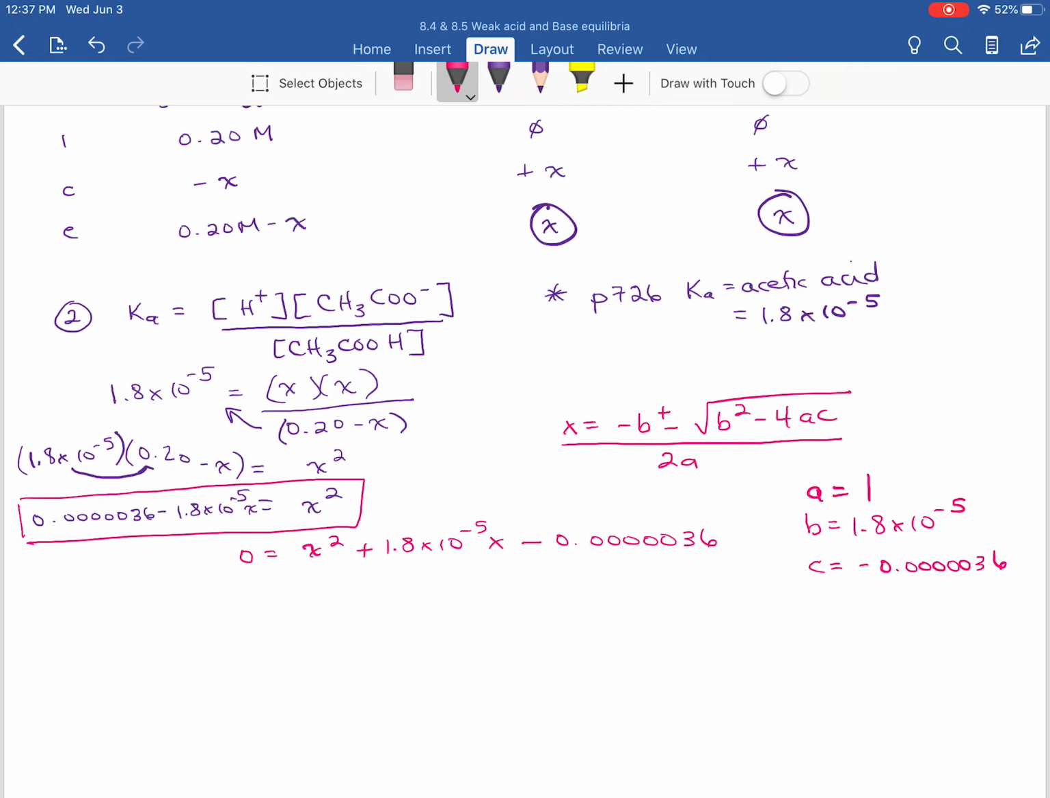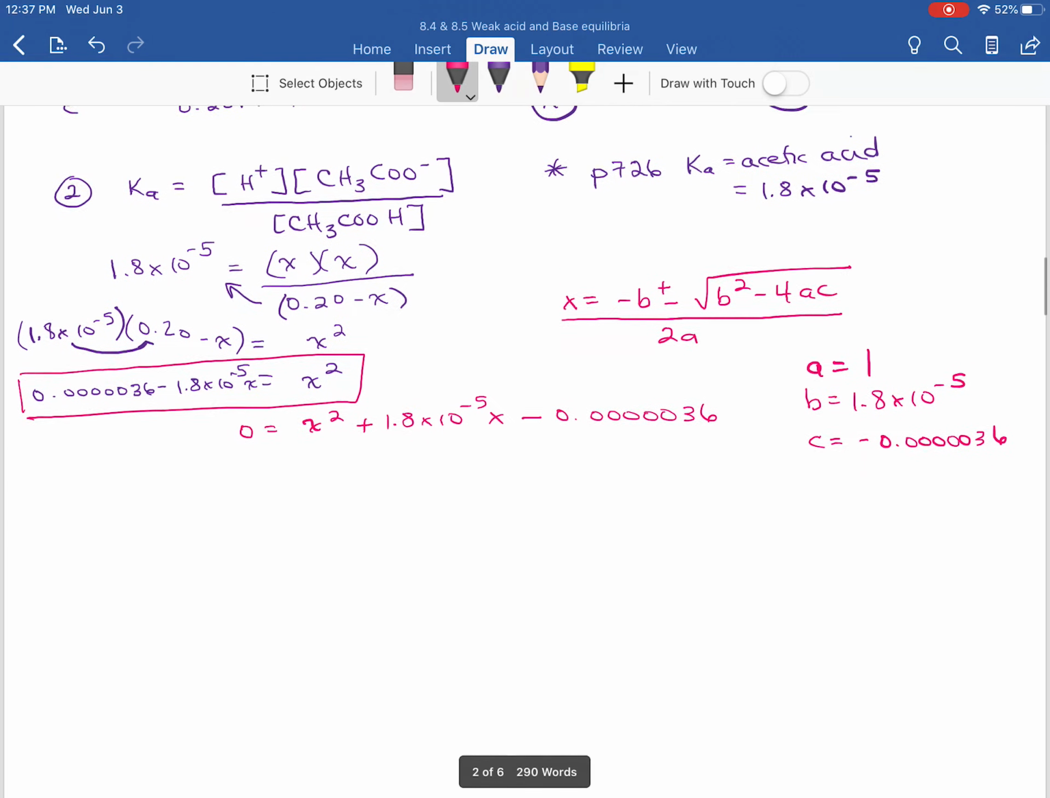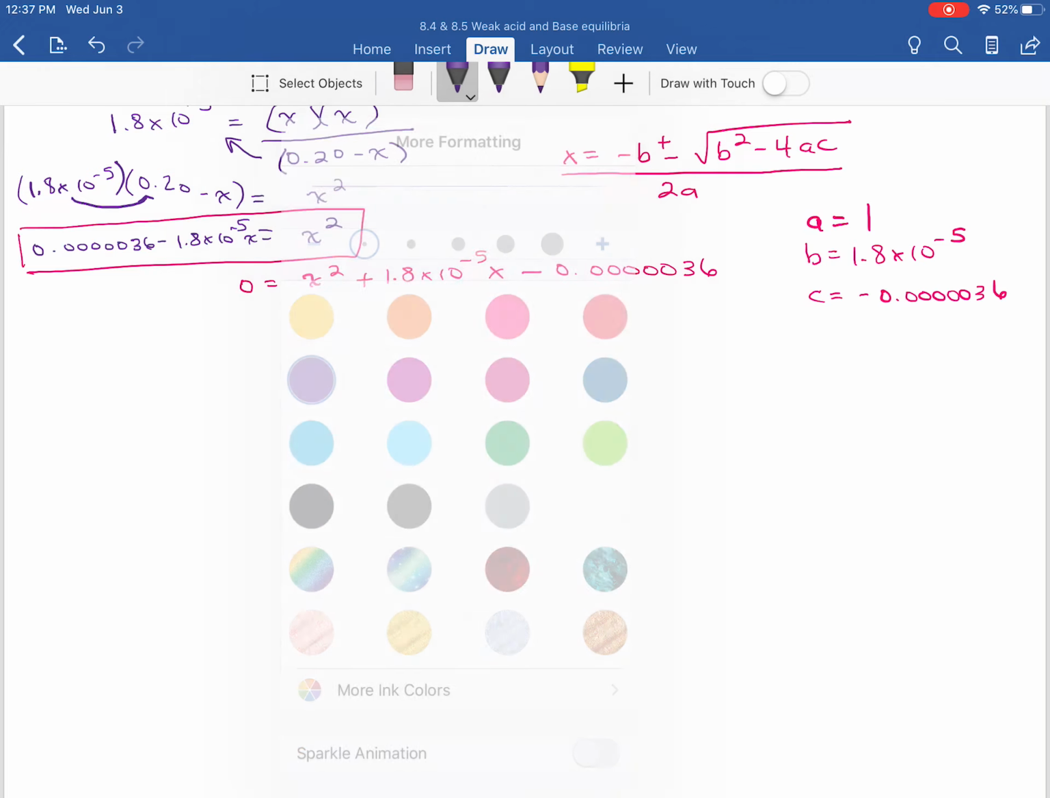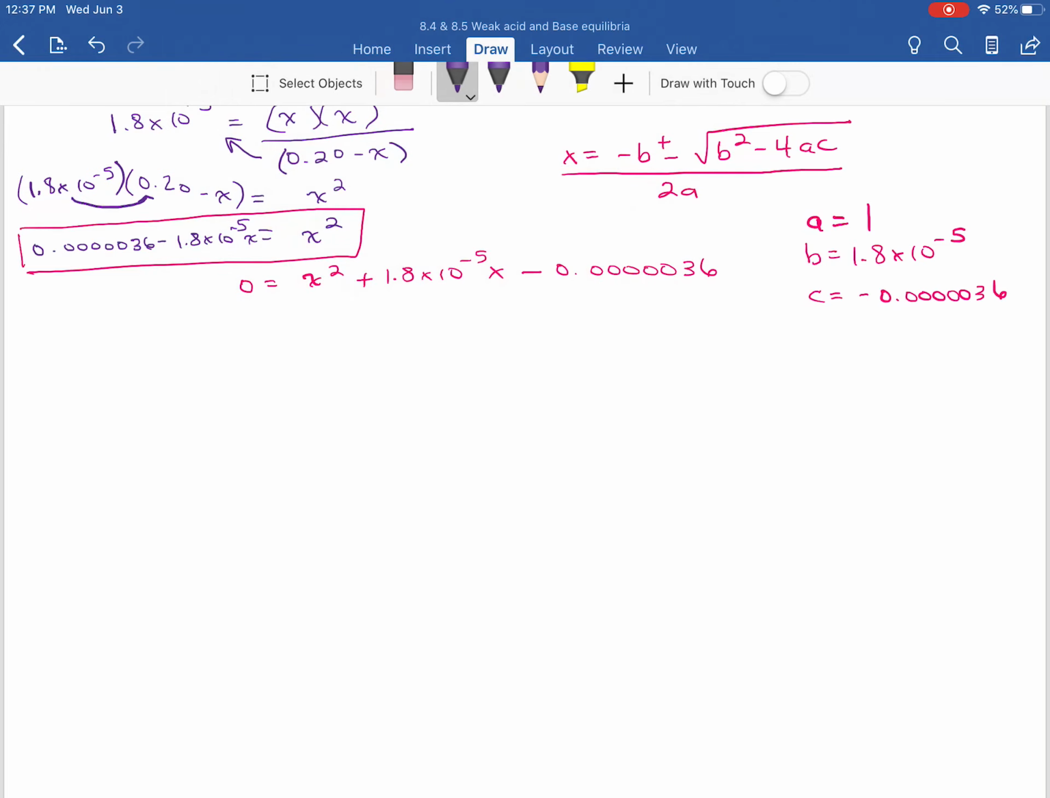Now that we've set that up, let's solve for x, shall we? I'm going to give myself a little bit of room here. I'm going to go back to purple. Feels like more of a business color. All right, let's do some business. So x equals negative b plus minus square root b squared minus 4ac all over 2a. When I sub these numerals inside, 1.8 times 10 to the negative 5 plus minus